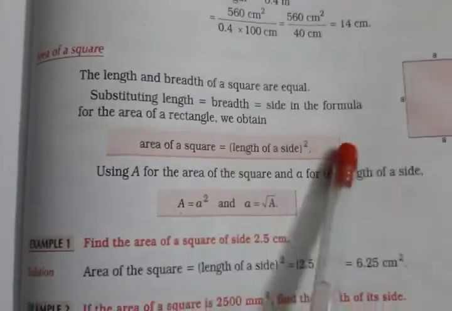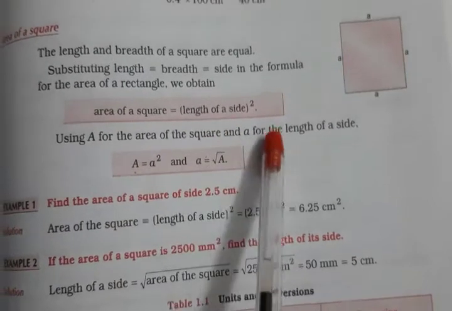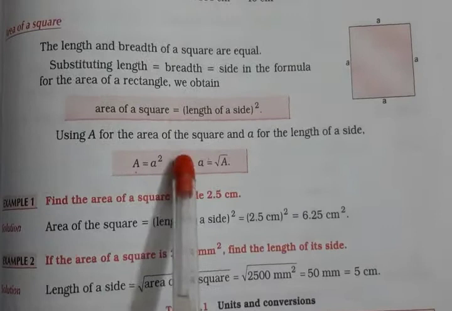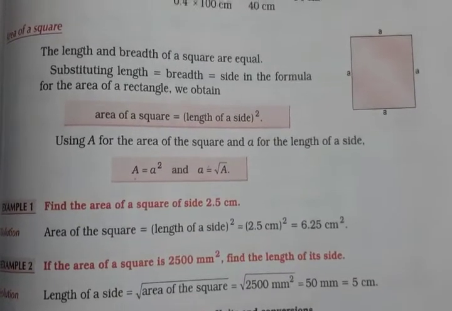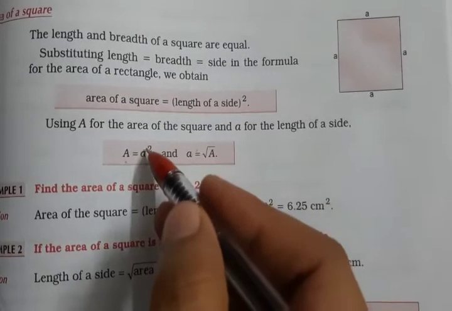Now area of a square is equal to the side length squared. Understand? Now we will denote the area as A and the length of the side as a. That means A is equal to a square. Now if we have to find the side given the area of a square, then A is equal to a squared, so the side is